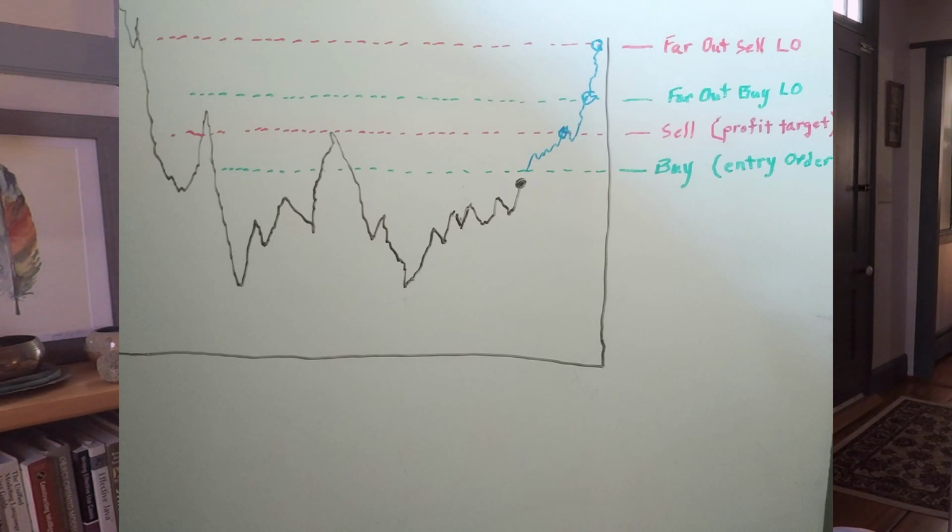If I was simply entering a buy order at the initial point right above where current price is, and then the sell profit target was a stage out, and then there was another buy order followed by another sell order, then that would be simply a staging